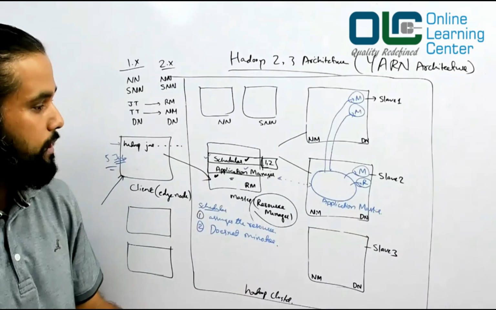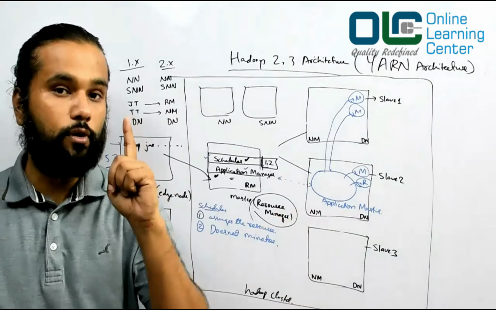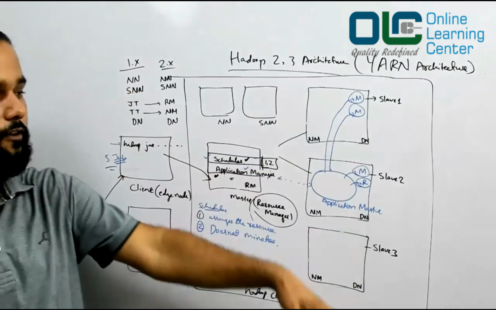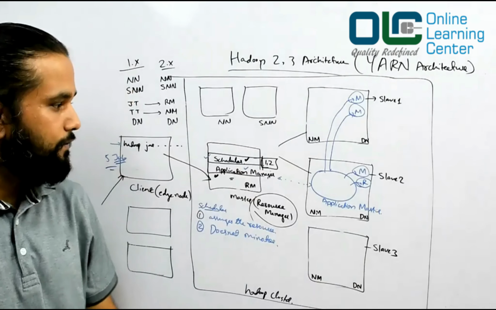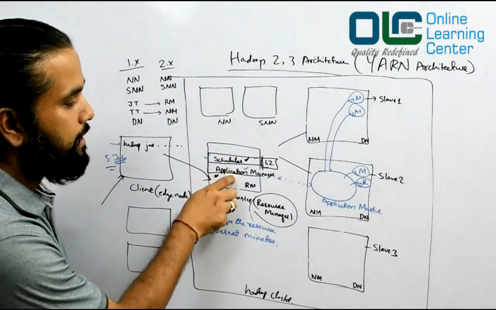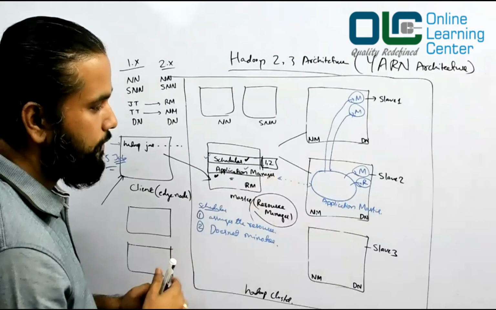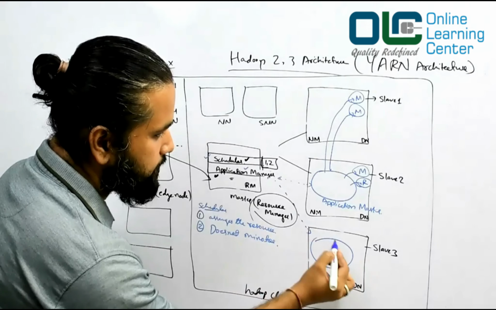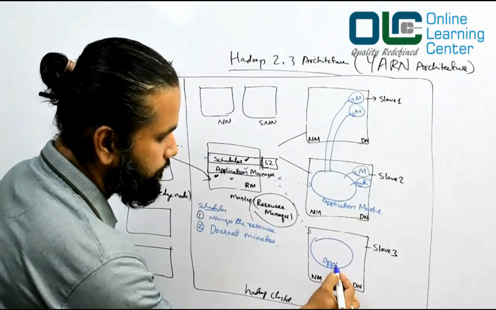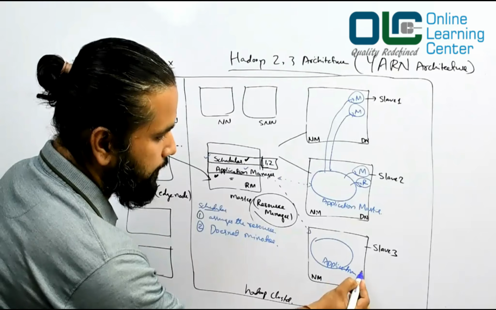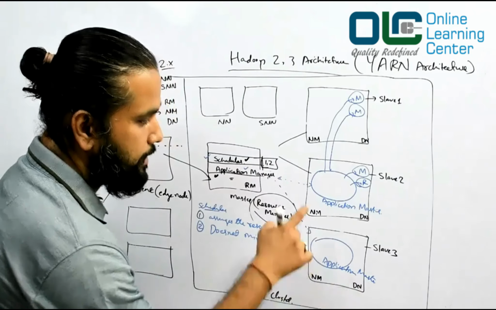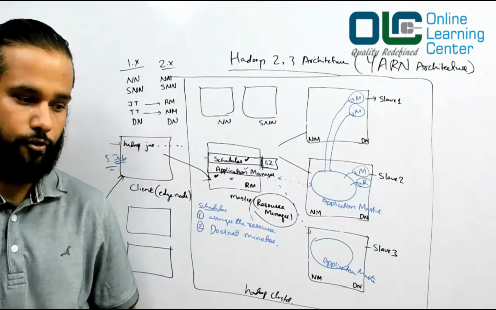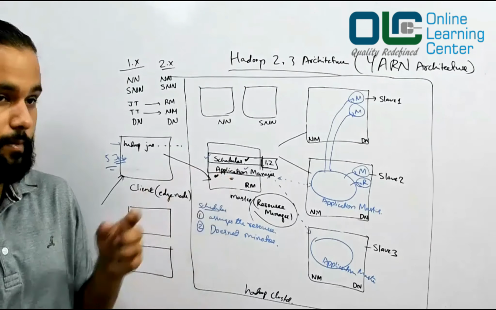But remember one thing, your application master is only one per application. It is possible that the job failed due to some reason. If that is the case, then your application manager will say, okay, the job failed here, let me try it here, probably. So I'll start the application master again here, and let it again take the containers and process the job for you. That's what your application manager does for you.